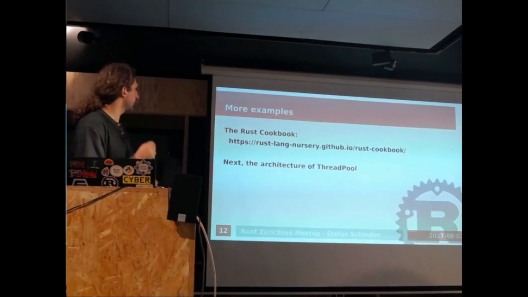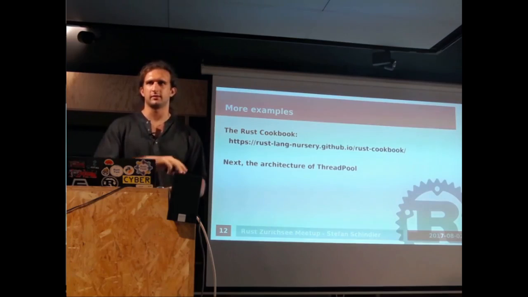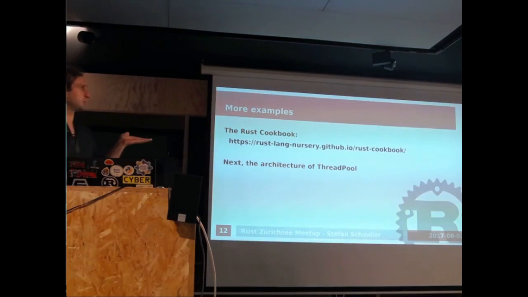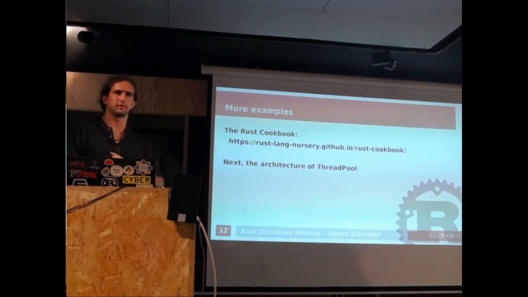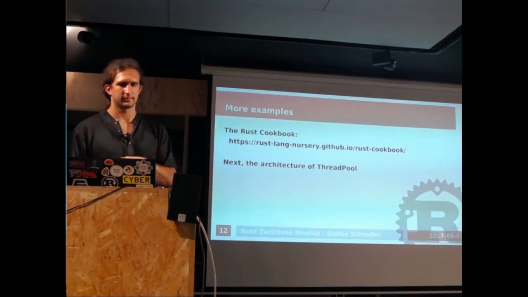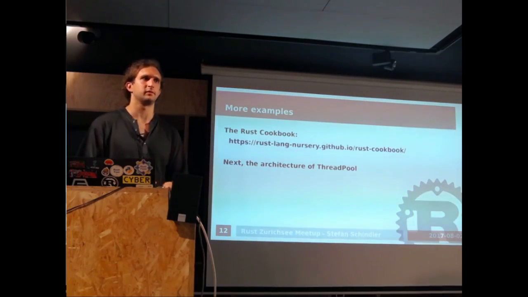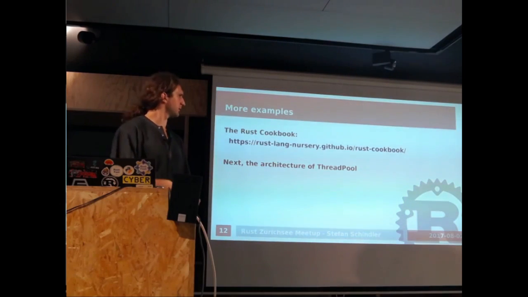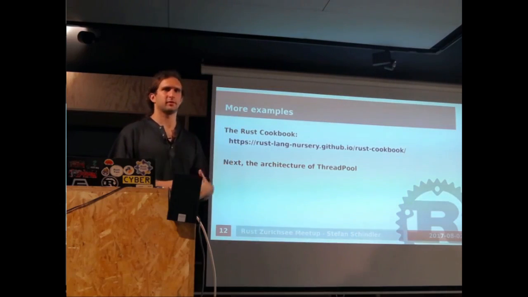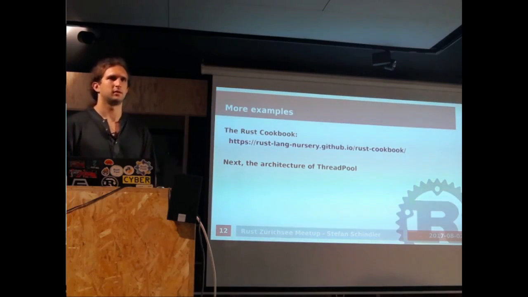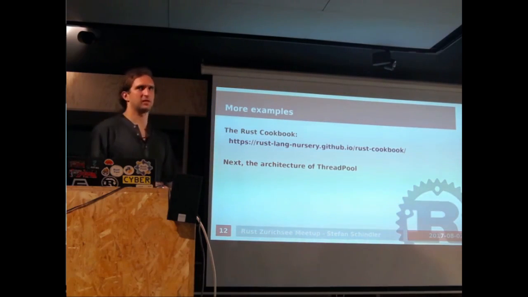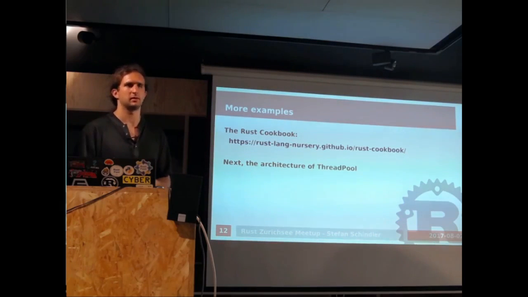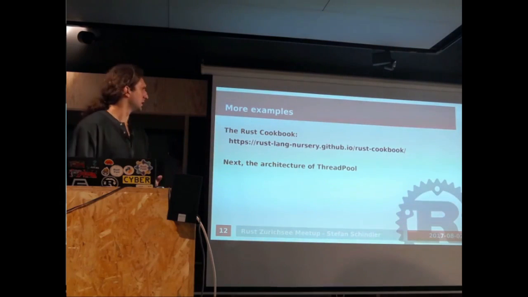Let's go over this. I think I have the code later in the slides, or if I don't, I can just go over to the docs and read, or the source code. If you want more examples, in the Rust cookbook there is an example for calculating the Julia set with Threadpool. They spawn, I don't know, some million jobs onto the pool and calculate stuff. It's really fast. Maybe it would be even faster if they grouped segments of, I don't know, 100 pixels within each job.